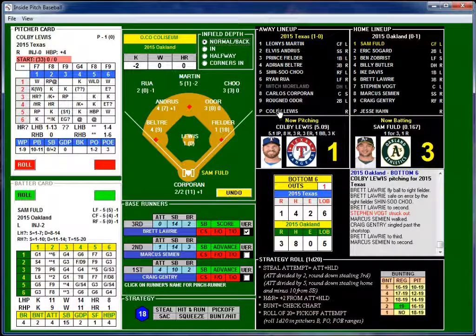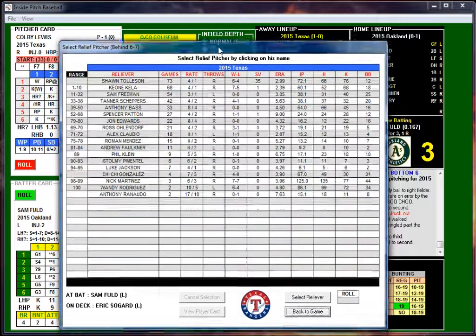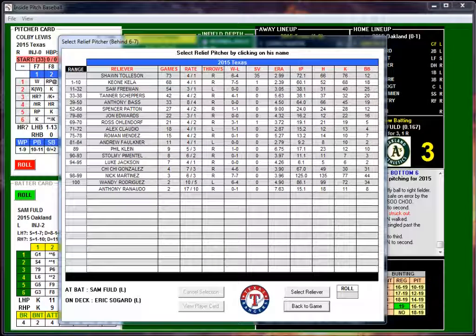Let's see. We're going to go to the bullpen here. We're going to go to the bullpen. And Colby here, just looking at my list here from the players here.